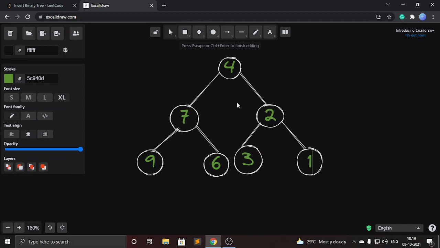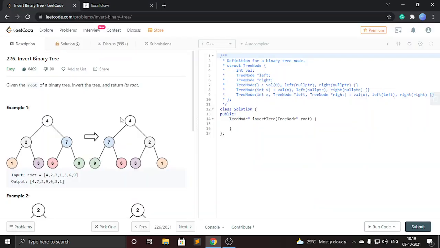So this is the mirror image of the original tree which we have used in our example. 4 7 2 9 6 3 1. You can see that it's the same.